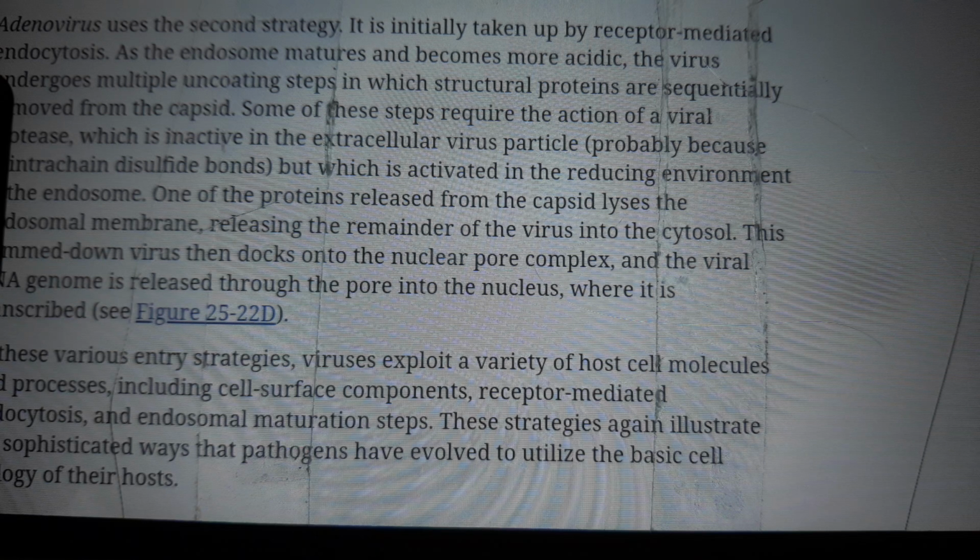Right, so we're on adenovirus. That uses the second strategy. It initially is taken up by receptor-mediated endocytosis. As the endosome matures and becomes more acidic, the virus undergoes multiple uncoating steps in which structural proteins are sequentially removed from the capsid. Some of these steps require the action of a viral protease, which is